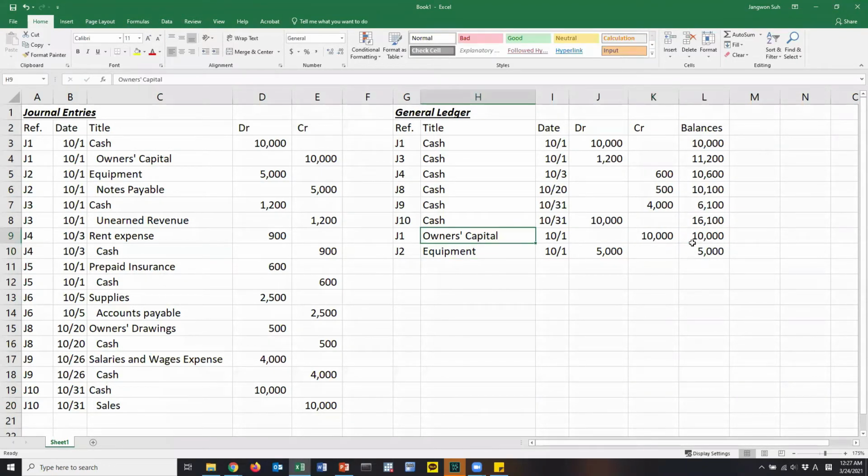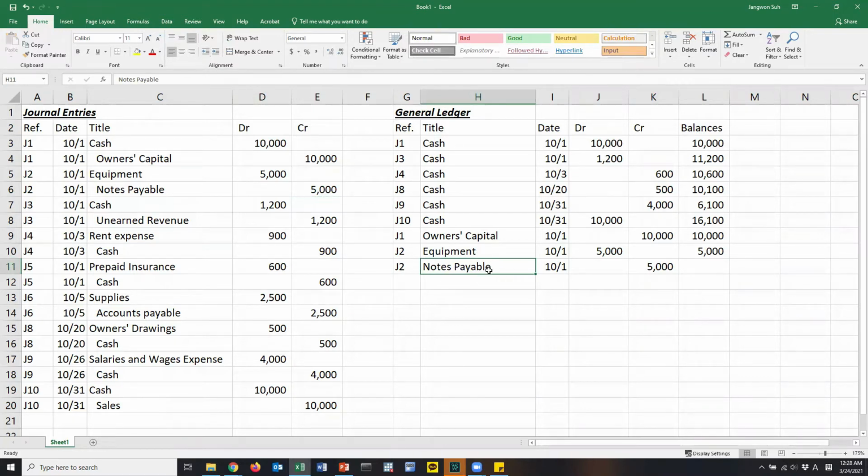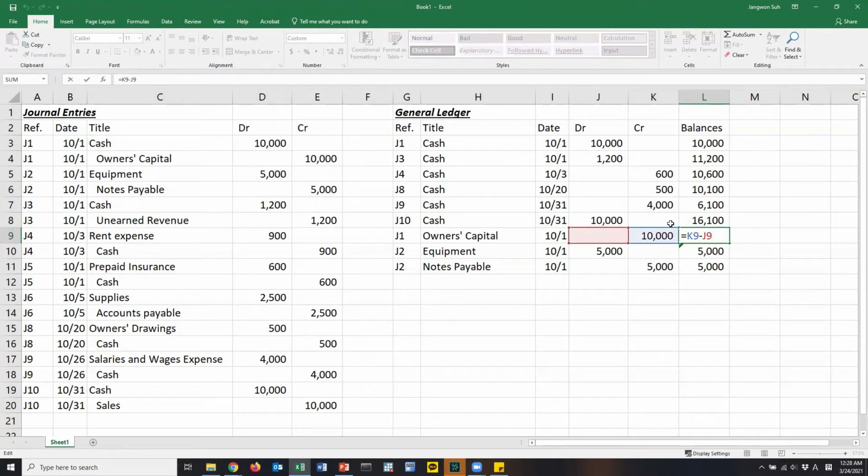All right, we've finished owner's capital, equipment, posting to the owner's capital and equipment general ledger. And what else? Notes payable. Okay, let's do that. J2, date, and it is on the credit side. Notes payable, its normal balance as a liability is, yes, credit side. So we will copy and paste the formula of owner's capital. Again, owner's capital is credit minus debit,